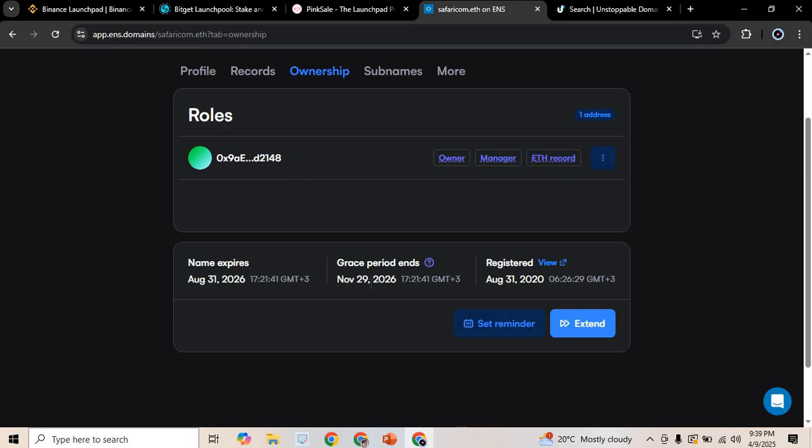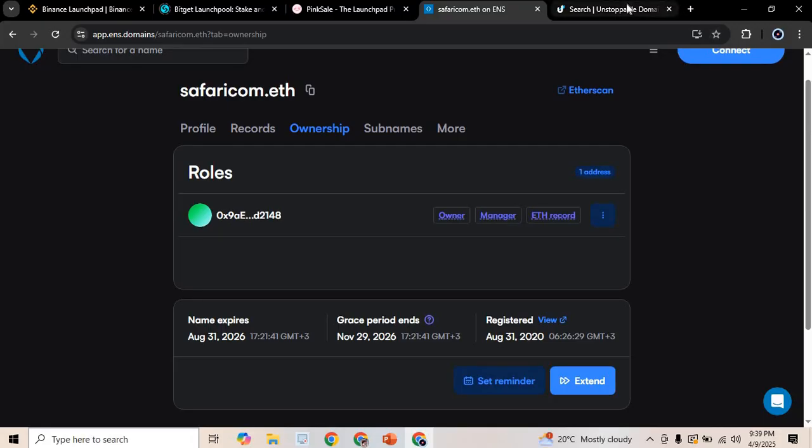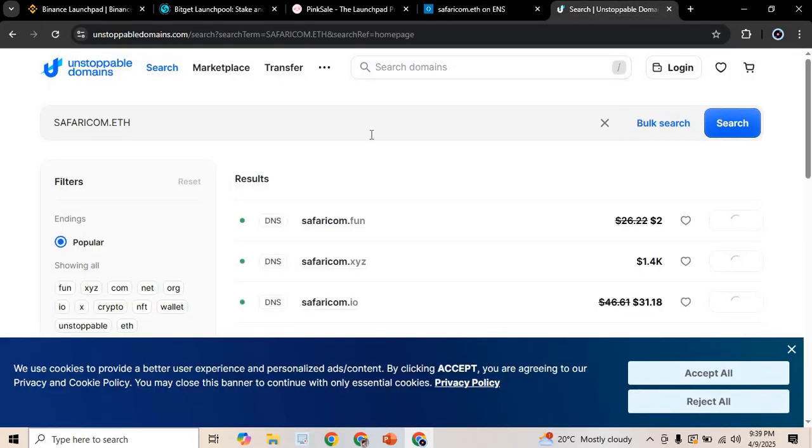Remember, we started from Web 1. We are now on Web 2. So in the future, all systems will need to move to Web 3. And once systems start to move to Web 3, Safaricom will be in dire need of this ENS name, which is safaricom.eth. So this is a form of investment. They've bought this domain name so that when all the systems will be adopting Web3, or rather what we call the blockchain ecosystem, then Safaricom will look for him and they'll actually sell that domain name for a lot of money. Let's look at if what you are saying is true.